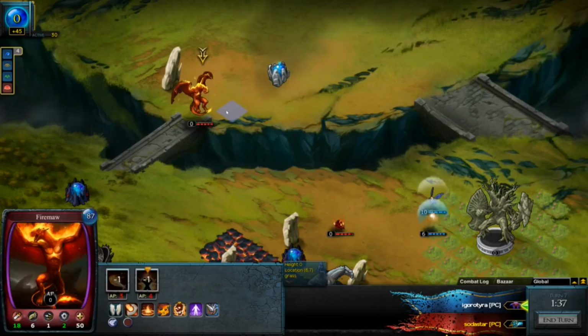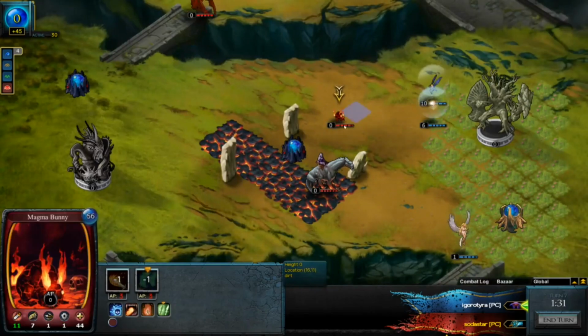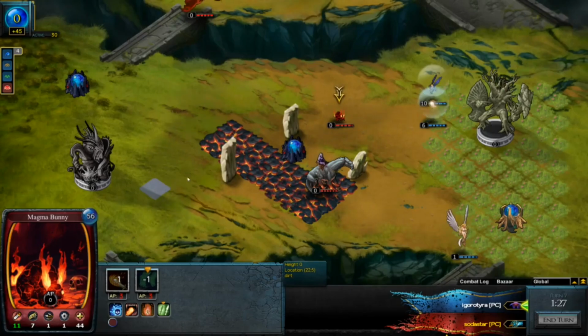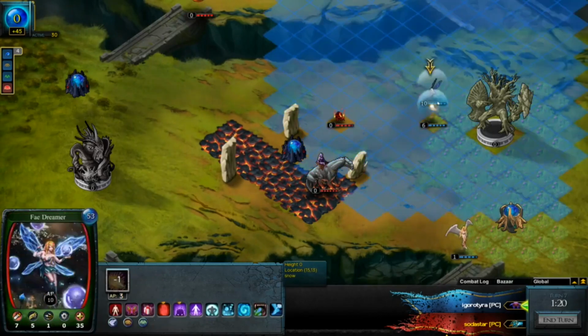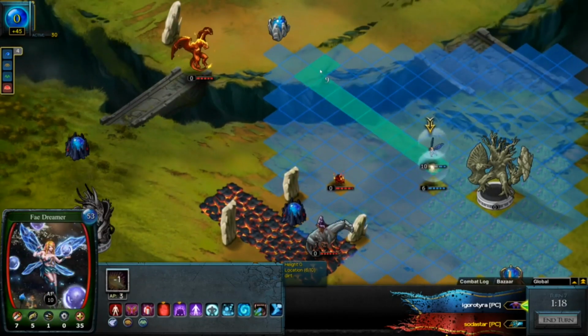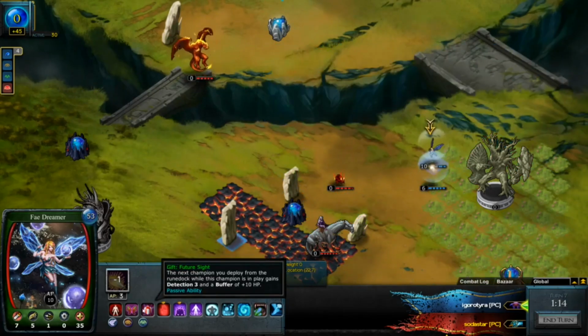So he's not got the font yet. This means this guy's going to probably want to rush down. Okay, he managed to get a deploy in. That's a very cheap little magma bunny. So he's got fire damage and physical damage right now. Can charge this up here if he wishes. It's not the brightest plan because